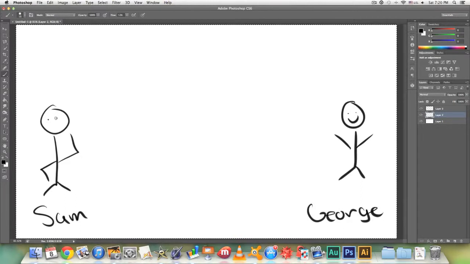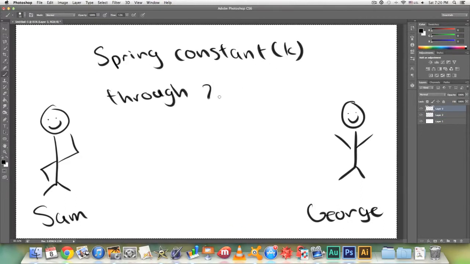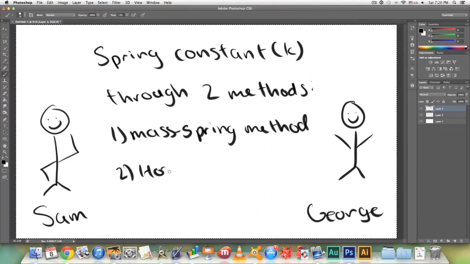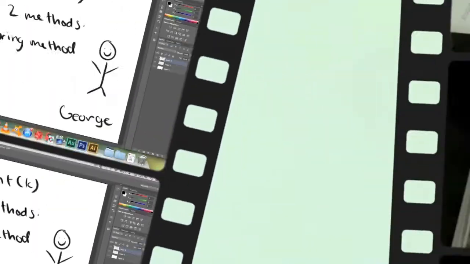And today we're going to be exploring simple harmonic motion to find the spring constant, k, through two methods. The first is the mass spring method, and the second is Hooke's law. And the materials we use are